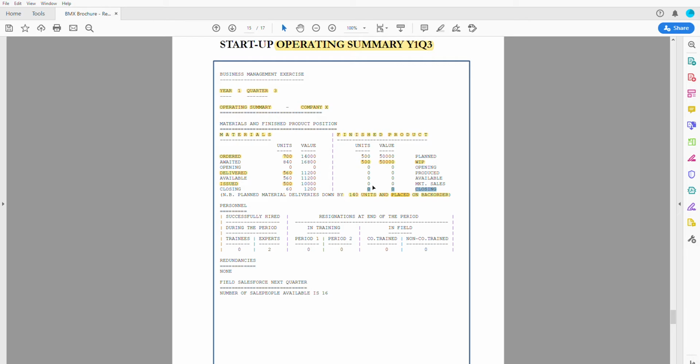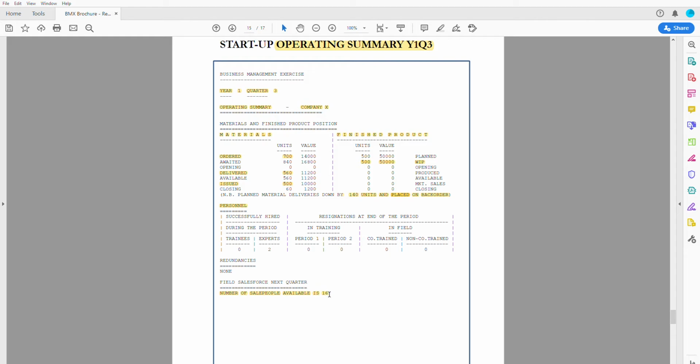So that's what's happening in the factory. Also on this sheet is some information about your salespeople personnel. And you're going to see it's kind of split up. Now let me go straight to the bottom here because this is the key number down here. Can you see here? And you should highlight this every time. Just go straight to this sheet and look at the bottom here, and it's going to tell you number of